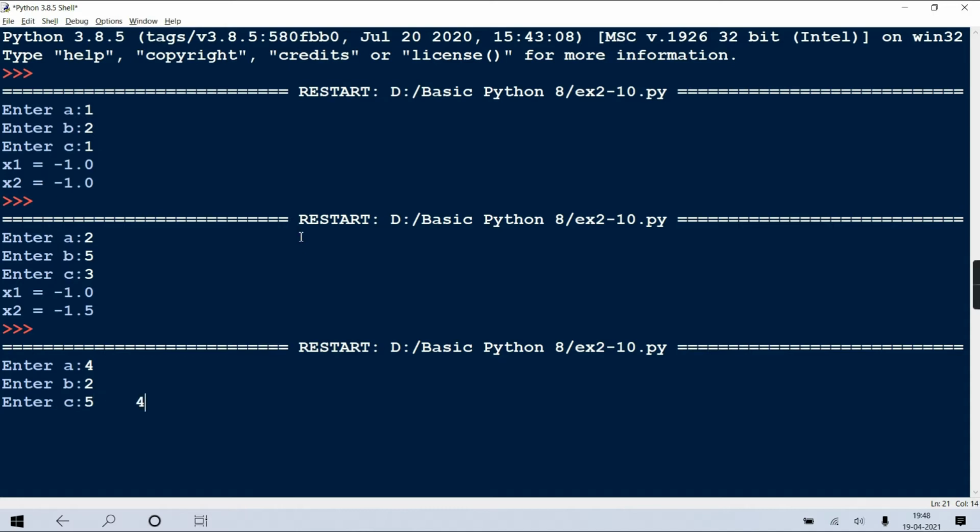What is b square? 4 minus 4ac. 20 into 4, 80. So it is negative 76. So negative 76 means it will make two complex conjugates, the real part and the imaginary part. See, this is the real part, this is the imaginary part, but you get two complex numbers. Okay. Anyways, is it clear?